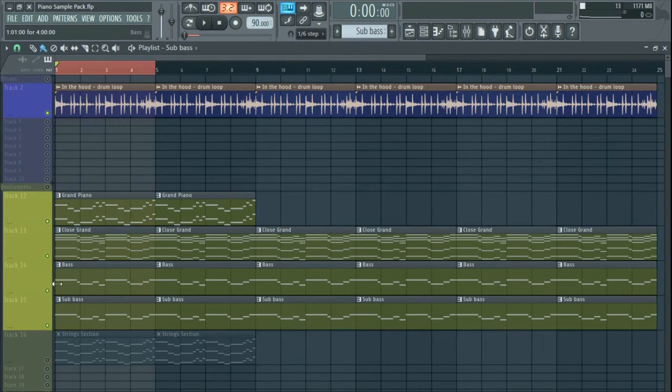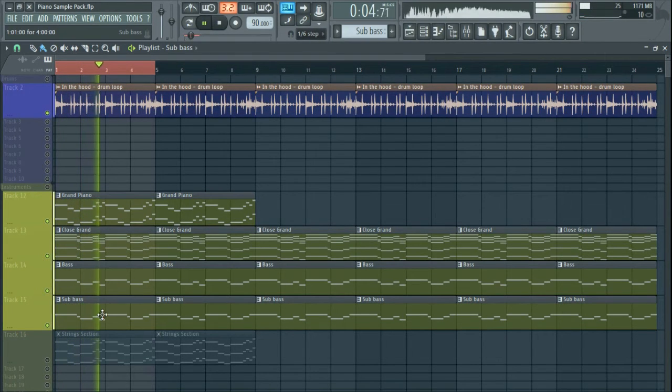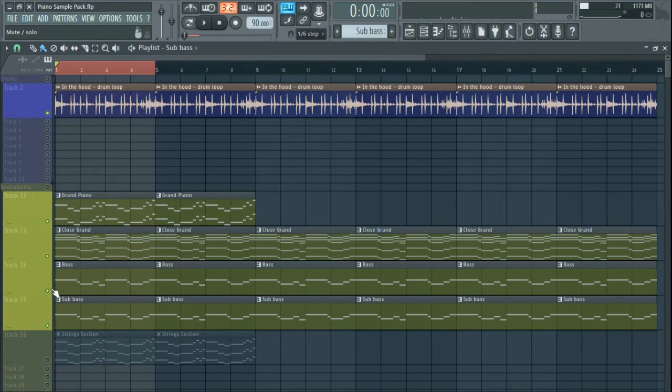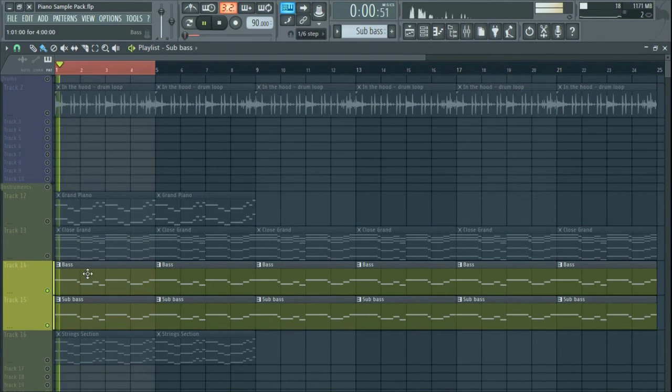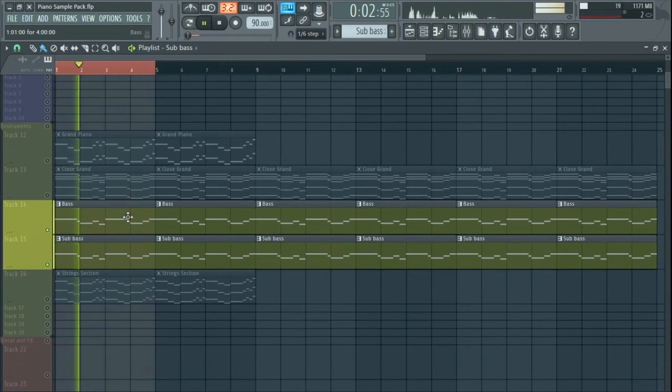And what I did was like this. I added the same notes, but in a lower octave. And with this, let's see, we have the sub bass frequencies, and also the higher or mid range frequencies from this instrument, the bass.